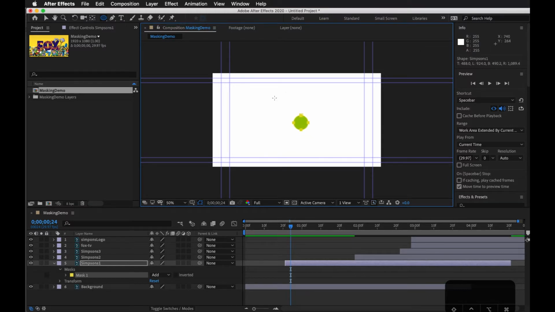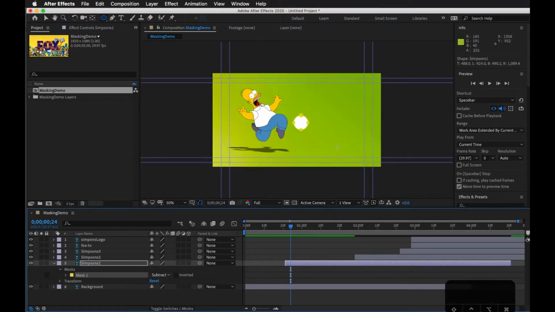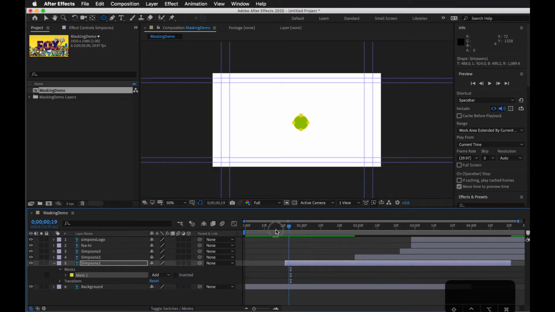So you can see by default it's going to be set to reveal or add is the mode. You could subtract it, so this takes that out of that. Let's do add for right now, and what we want to do is animate this using keyframes to start off small and then get big to kind of reveal this